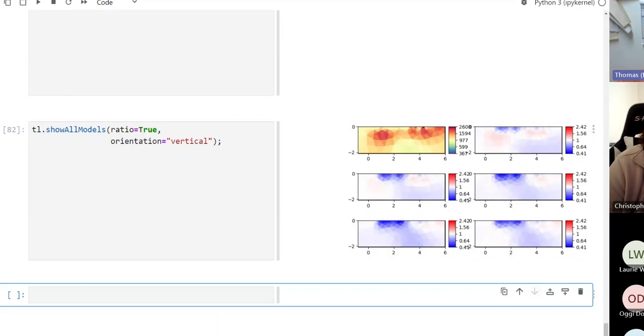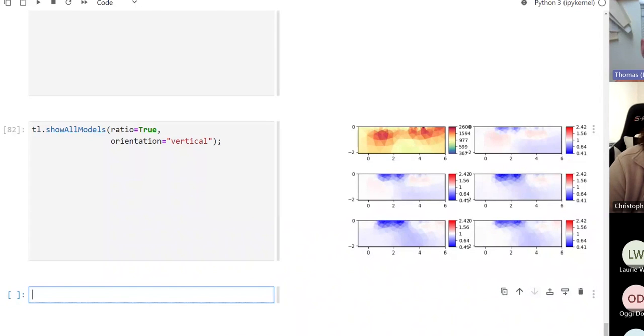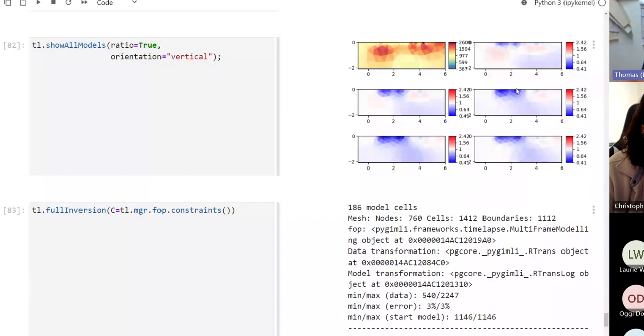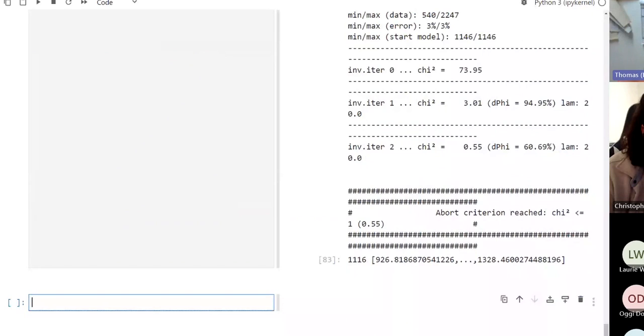And of course, we can do the same thing also in a so-called 4D inversion. In this case, I'm just using the same manager. So inside there's a manager which is using the same constraints. So now I'm using this multi-frame inversion model, inverting all data at once and constraining the models along each other along the time axis. And if I'm doing so and calling again